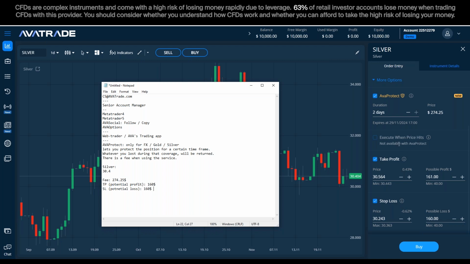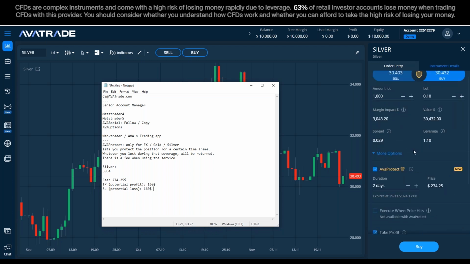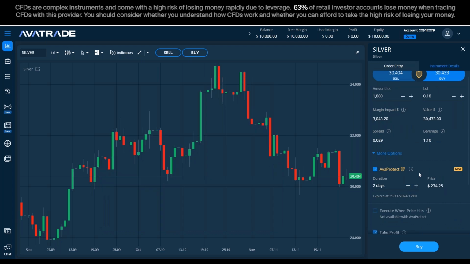I basically have two ways to control a fee. Okay, and that's by either lowering the coverage. As you can see, 274 is where it's at right now with 0.10. But if I decrease this, let's decrease this for a day, so the number got lower. I decrease, so it decreases. It decreases again, and again and again. And for 1 hour,